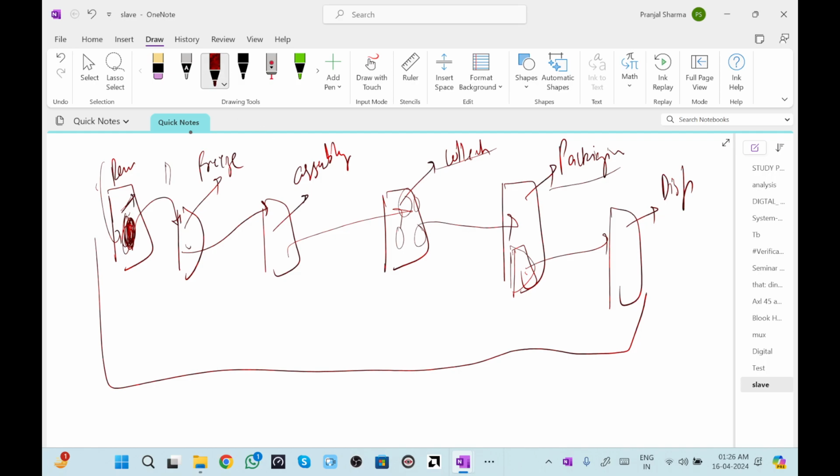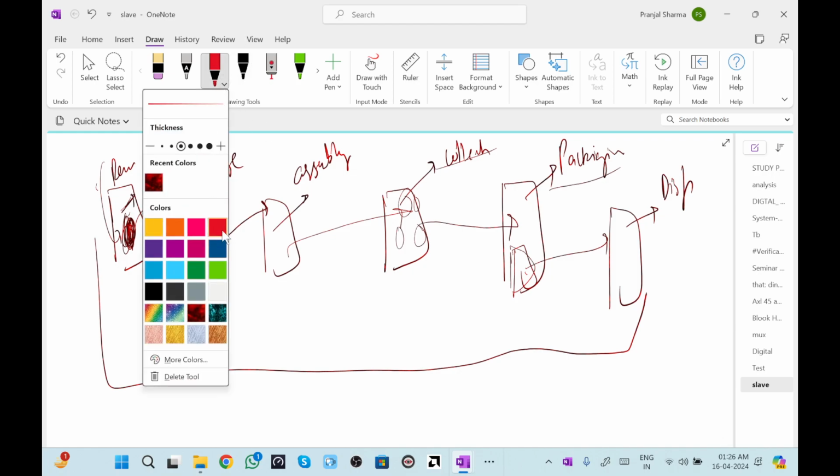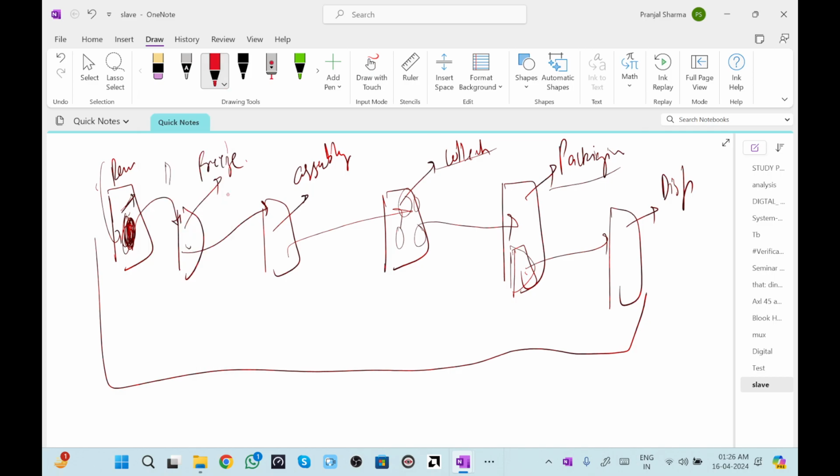So this is all about what I shared about the true conditions. Now let us consider what happens if one of the chocolates is not being produced properly. After preparation, the chocolates are not being frozen properly and have been sent to the assembly area. So what is going to happen?